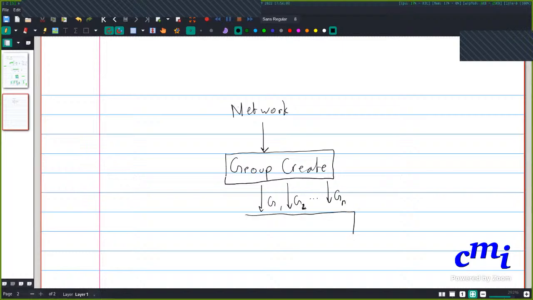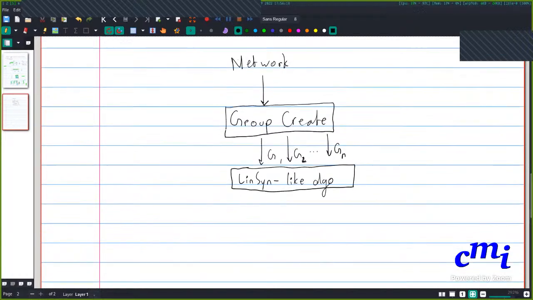And for each one of them, we are going to use a Linsin-like algorithm to generate a set of constraints for each one of them, or inequalities, let's say. For G1, for G2, and so on for Gn, right?